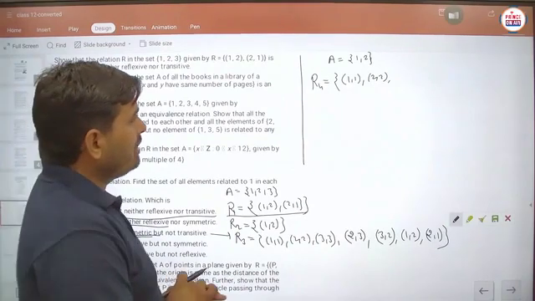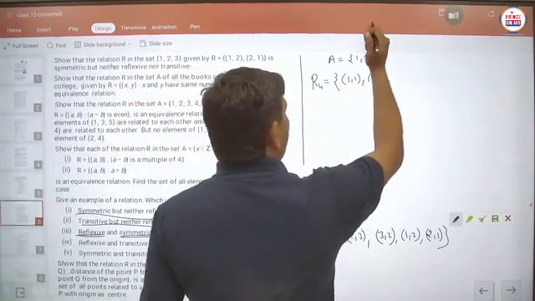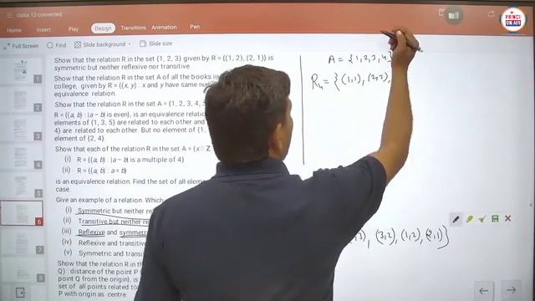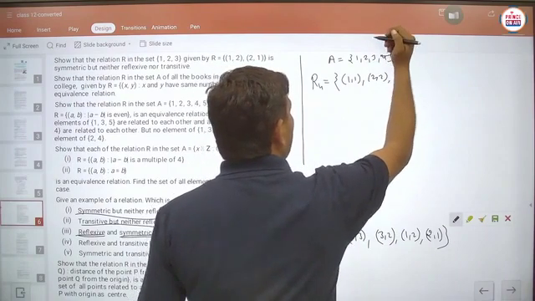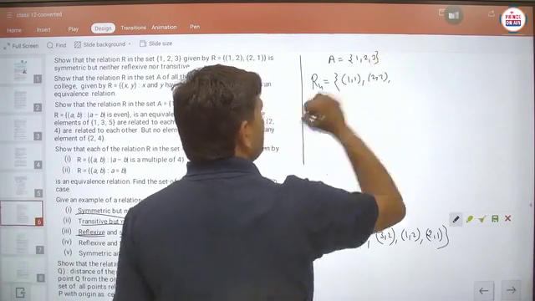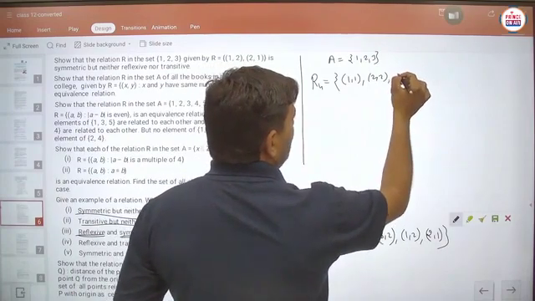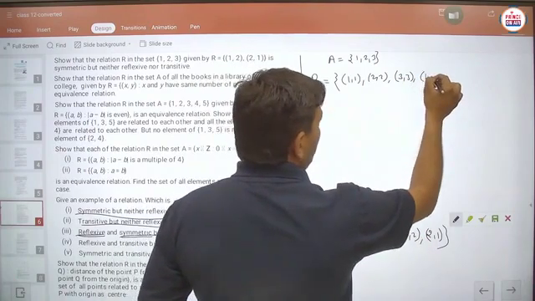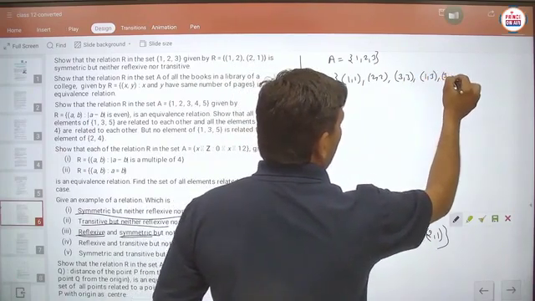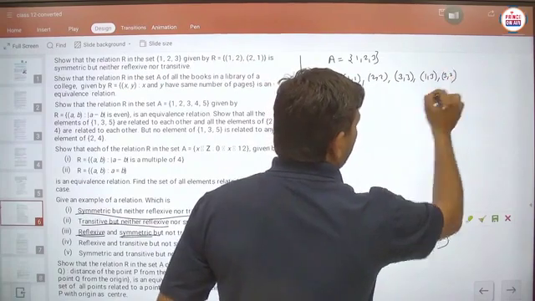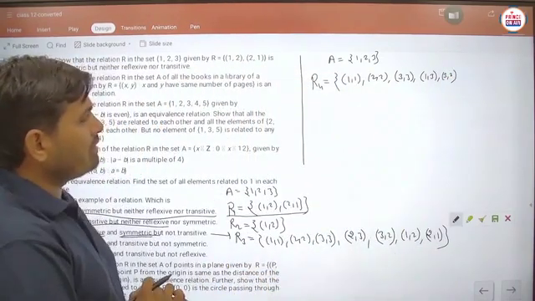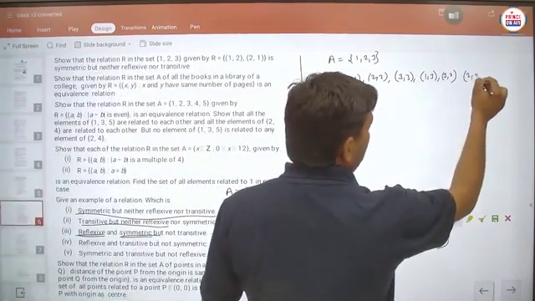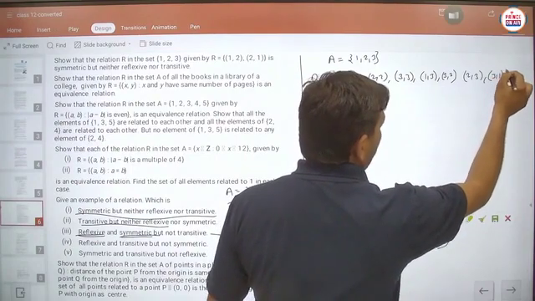So definitely we have to add some more elements here. Suppose this is 3, this is 4, like this. Suppose we take up to 3, no problem. Is it clear? So we have to take up to 3, and we see that this is 3 3. Now 1 comma 3 is there and 3 comma 2 is there. Is it clear? And another, 2 comma 3 is there, and 3 comma 1 is there. Is it clear?